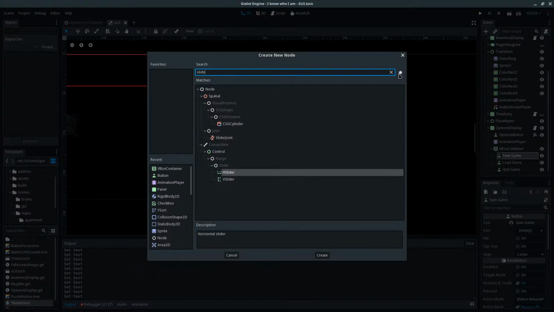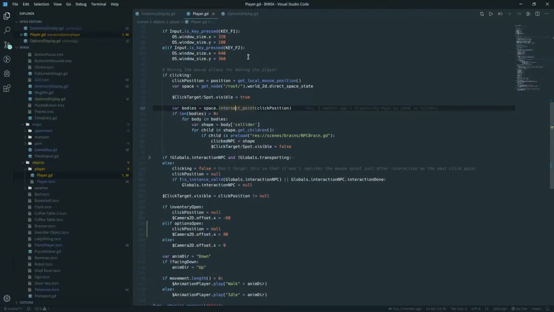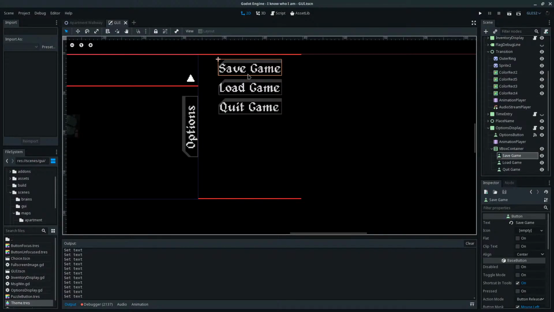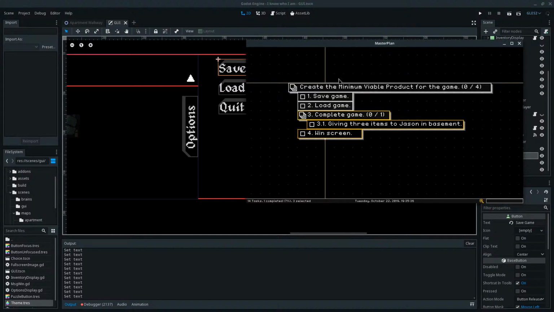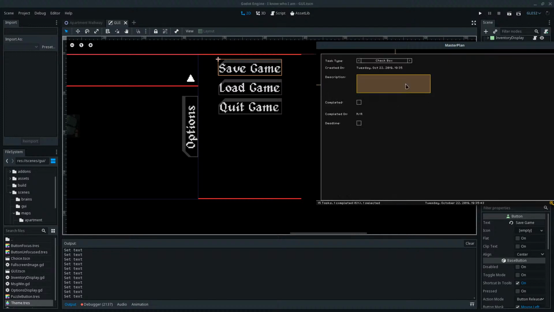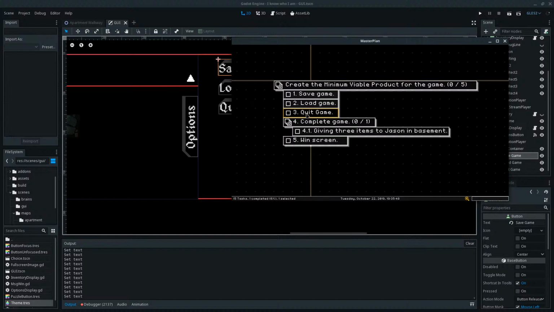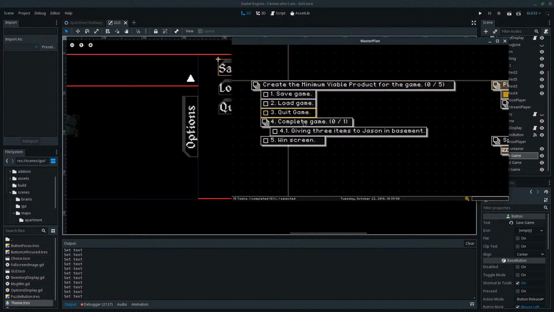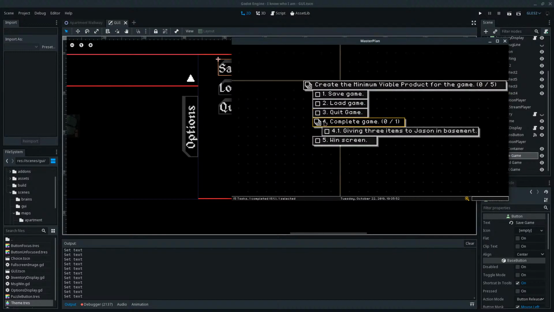Okay, so then I guess this is just gonna be a stream where we try to get as much of this done as we can. So let me see if I can pull up the master plan again. I'm going to basically make our goal for today just implementing these options. So, save, load, quit.